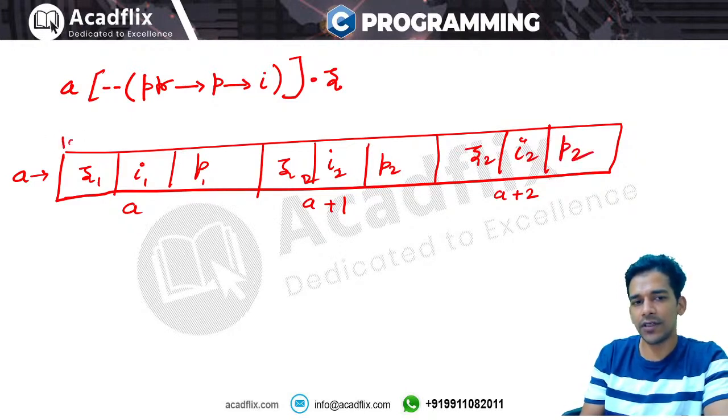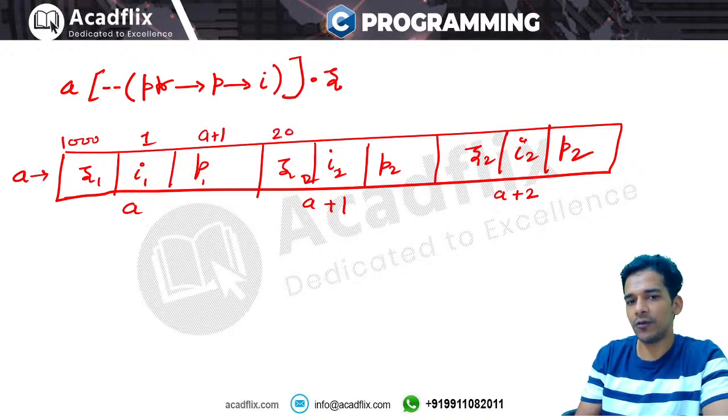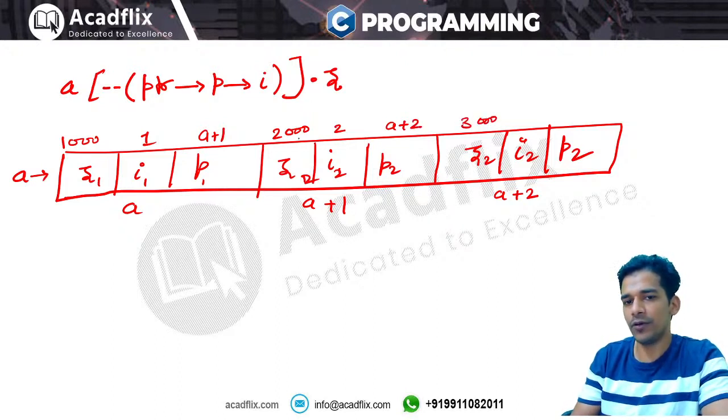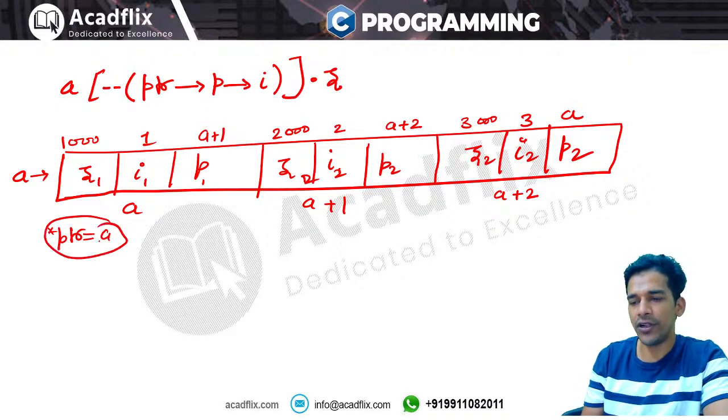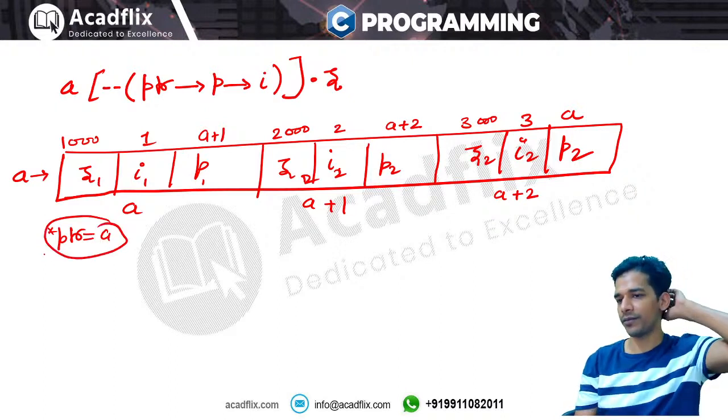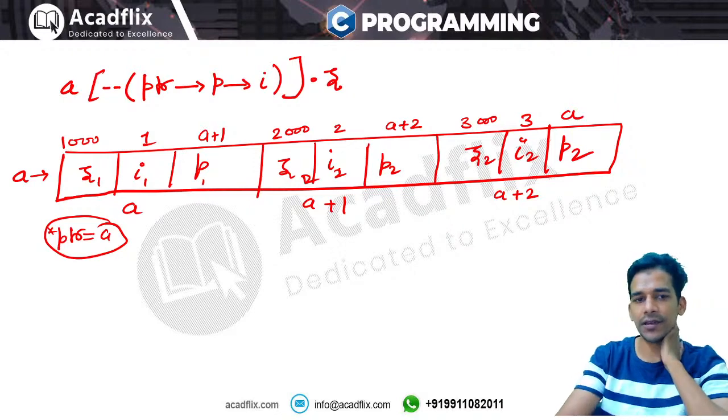यहाँ पर क्या है? लोकेशन 1000 है, यहाँ पर इंटीजर वैल्यू 1 है और यहाँ पर पॉइंटर जो है वो क्या है? It is pointing to a plus one. That means this p is pointing to a plus one, right. यहाँ पर जो वैल्यू है वो है आपकी 2000 and then 2 and it is pointing to a plus two. फिर यहाँ पर आपकी जो एड्रेस है वो है 3000 जो पॉइंट कर रहा है कानपुर को और ये पॉइंट कर रहा है रायपुर को. And this is having value 3 and this is having value a. That means p2 is pointing to a. Now we have declared a pointer ptr and ptr is actually having the same address as a. ओके, जिसको भी a पॉइंट कर रहा है उसी को ptr पॉइंट कर रहा है, right. I think now it is clear.